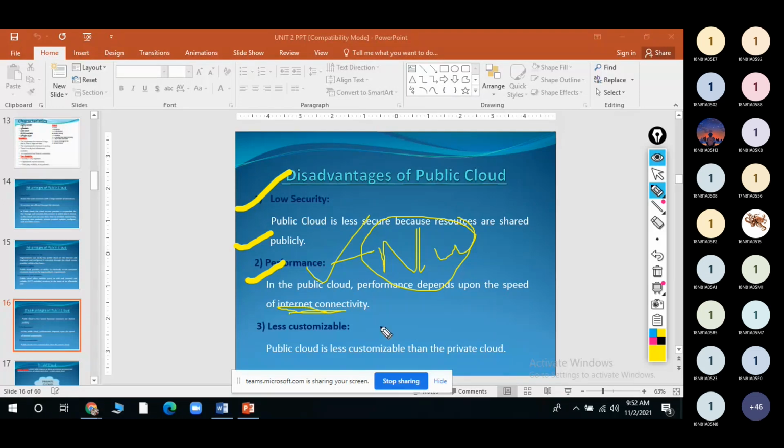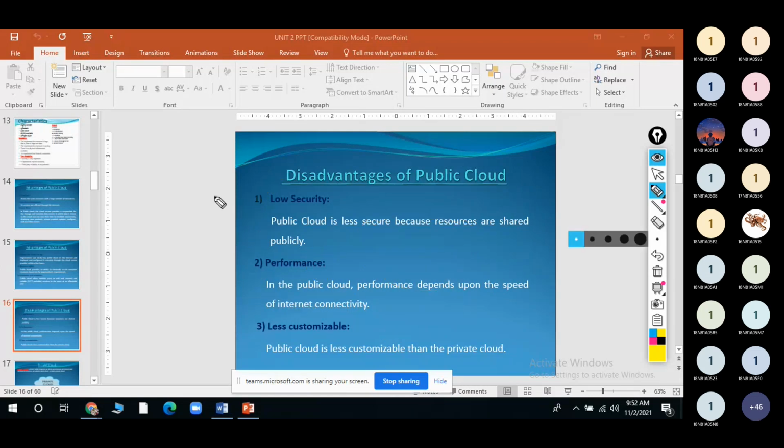And less customizable. Why are we saying less customizable? Whatever apps are there, they developed and kept in the cloud, and we are utilizing them, right? Now I am using this Teams app, we all are using it. According to my convenience I can't do any customization for this app, right?